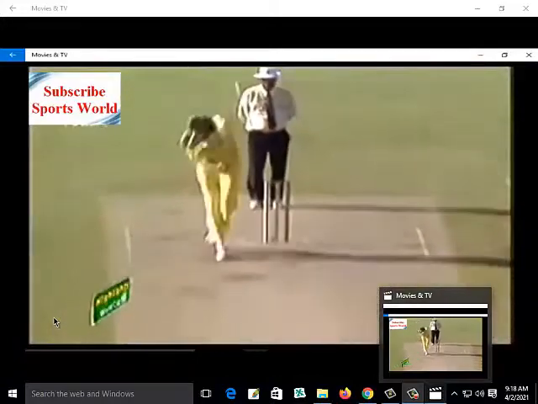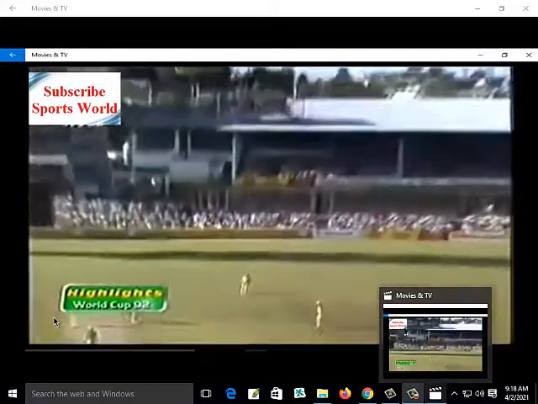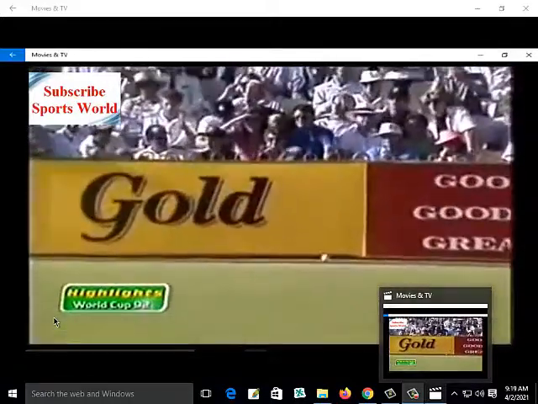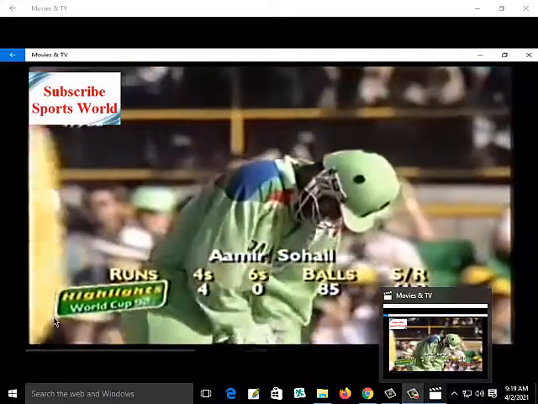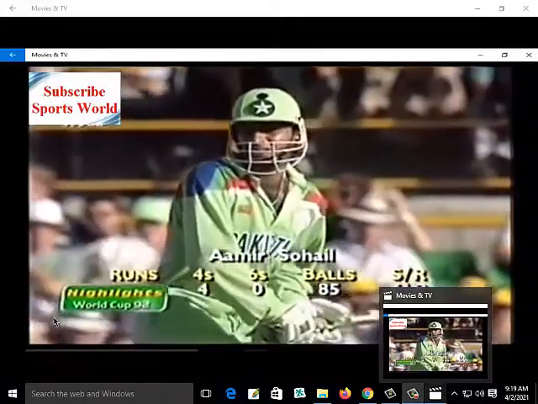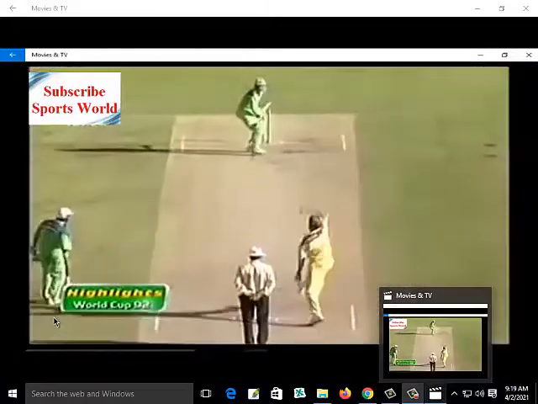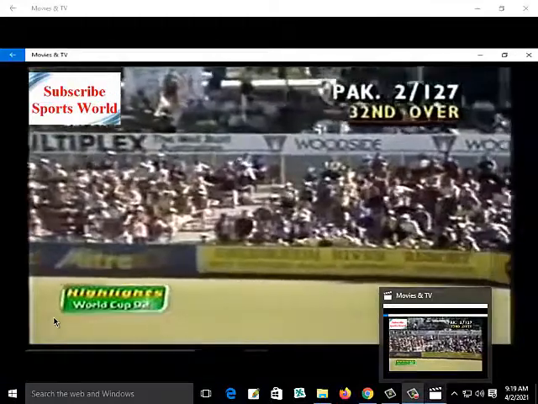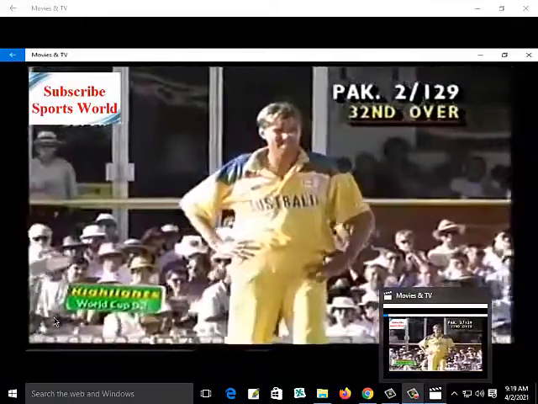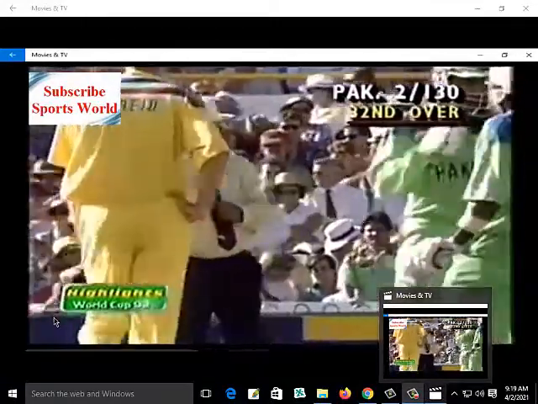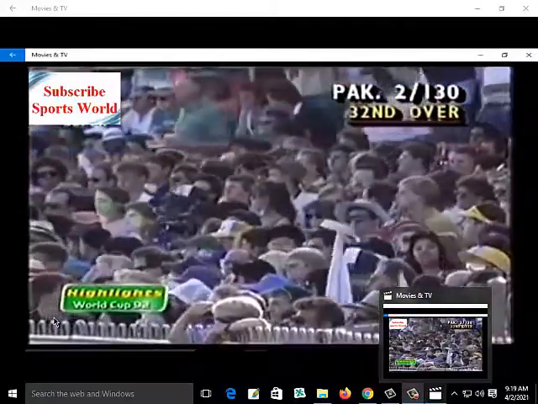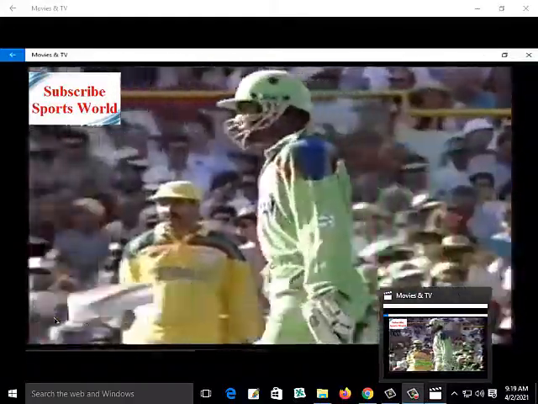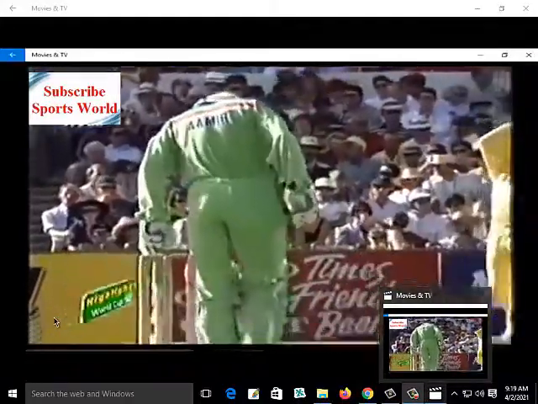Yes. Here comes his 50. Just picks it up over mid-wicket and mid-on. Short, the fielder's in short, saving that single. Very safe hit. And he's got his 50 of 85 balls. That will be another boundary. So that's 28 in all for Sohail in the tournament. He's hit 5 today. And that has him in 3rd place in the World Cup. Brian Lara has hit 32. Martin Crowe 31. And then Ammir Sohail has 28 boundaries in the World Cup.